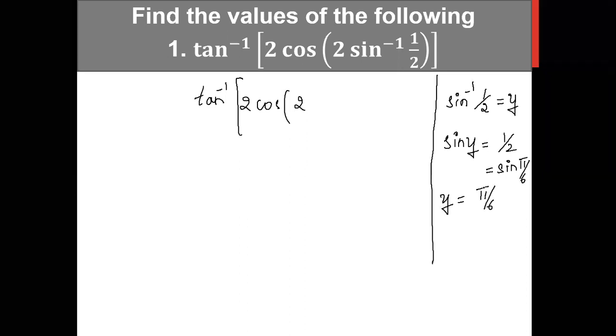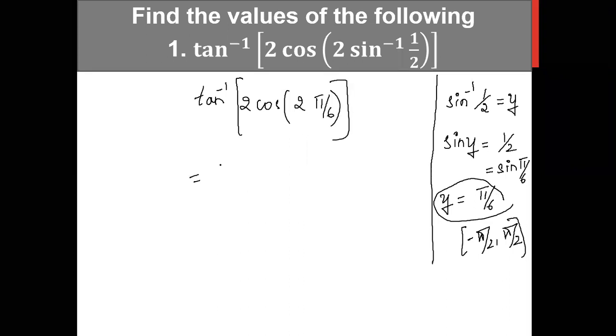Now you have to check whether this pi by 6 belongs to our principal value branch. So what is the principal value branch of sine inverse function? I'm not talking about domain. Principal value branch. Minus pi by 2 to plus pi by 2. Good Subramanya. Good Nitya Lakshmi. So does pi by 6 come inside minus pi by 2 to pi by 2? Yes. So what is the value of sine inverse of half? It is pi by 6. So you put 2 into pi by 6.